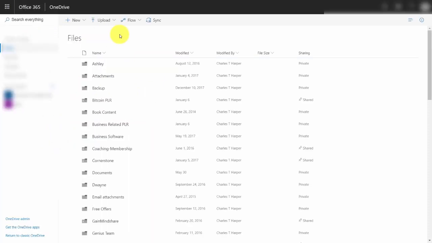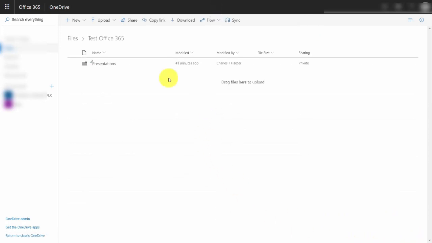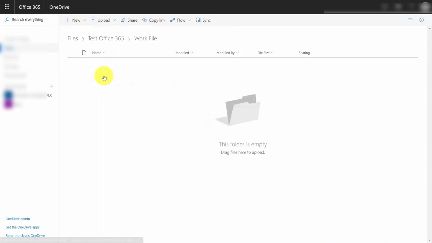Once you've determined how it's going to be used, you are then ready to start working with your OneDrive inside of Microsoft Office 365. Now, the main function of OneDrive is obviously storage. And so that means that you can upload any file into your OneDrive. So for example, what we can do is we can create any new folder. We can then enter that folder, and we can upload files either by dragging and dropping or by using this